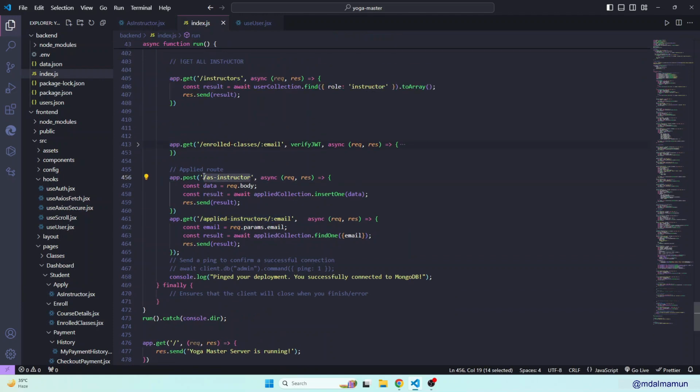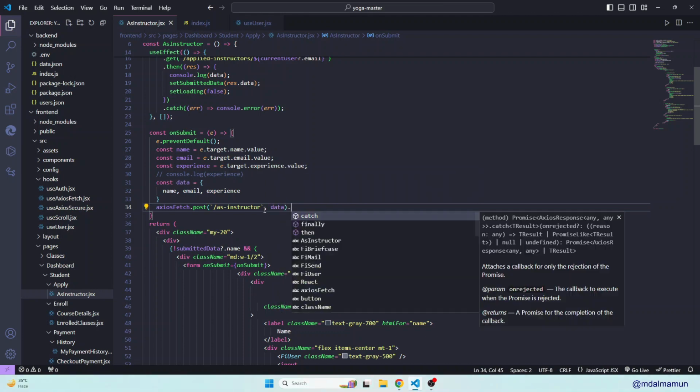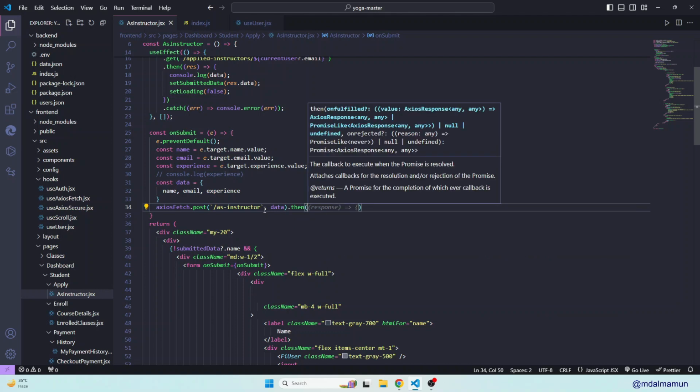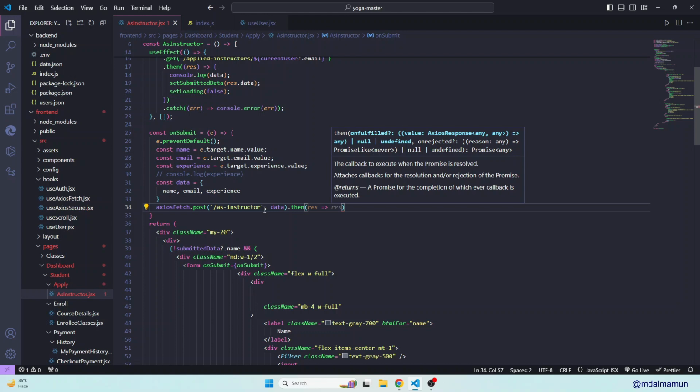So this is the route, we'll hit this route, then we'll have to pass the data. Then we will have a then block, we'll have a response, then we will have something,